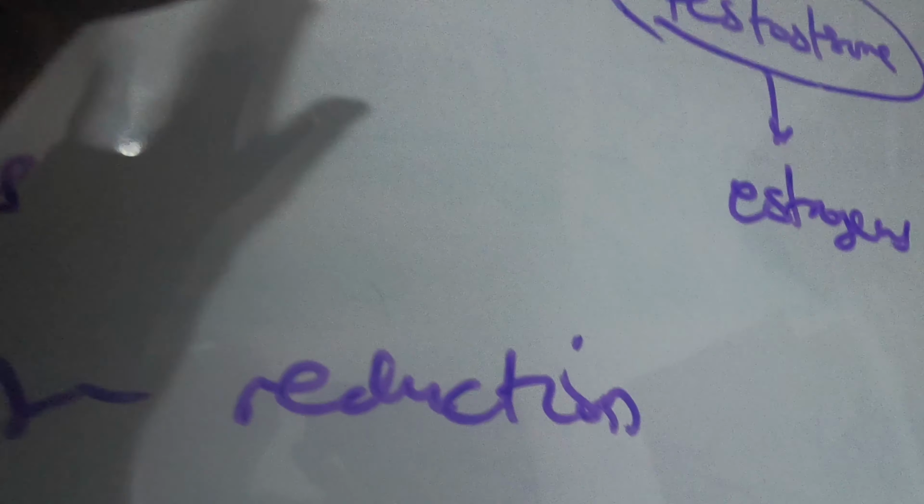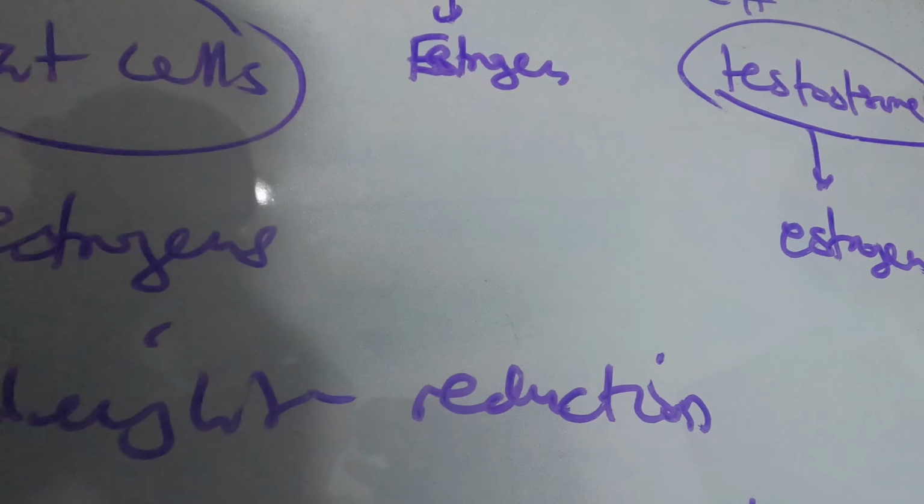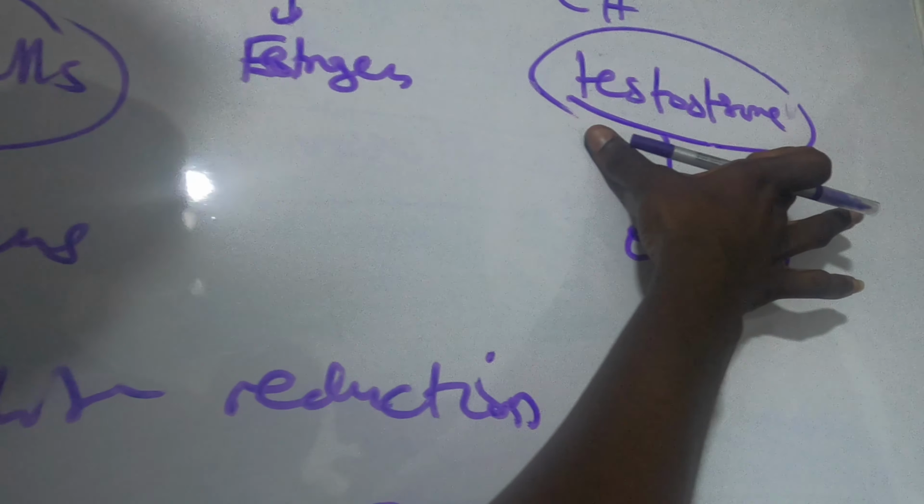So if you want to restore this hormonal imbalance, then of course I should be able to target fat cells. I should be able to target the testosterone, which is what I've talked about concerning the fat cells. Once you reduce weight, these fat cells will be reduced in numbers, and then this whole side effect of fat cells or obesity causing the PCOS will be tackled. And so we need a drug that can actually bind to this testosterone.